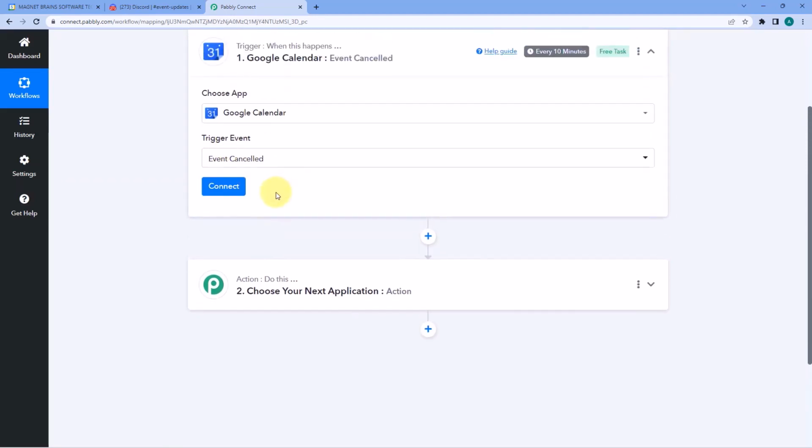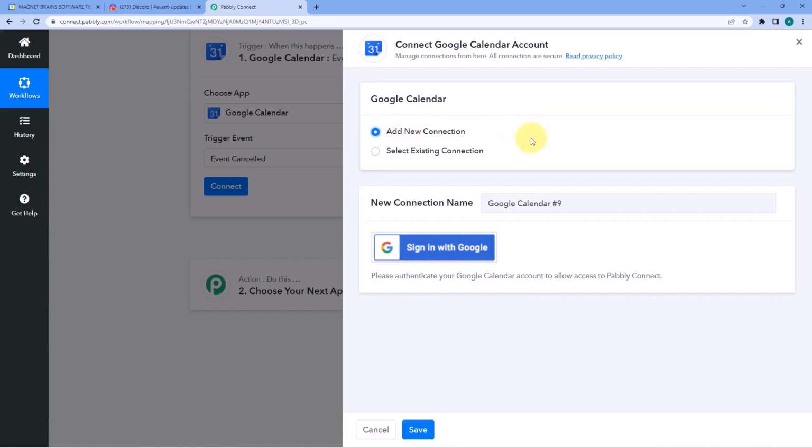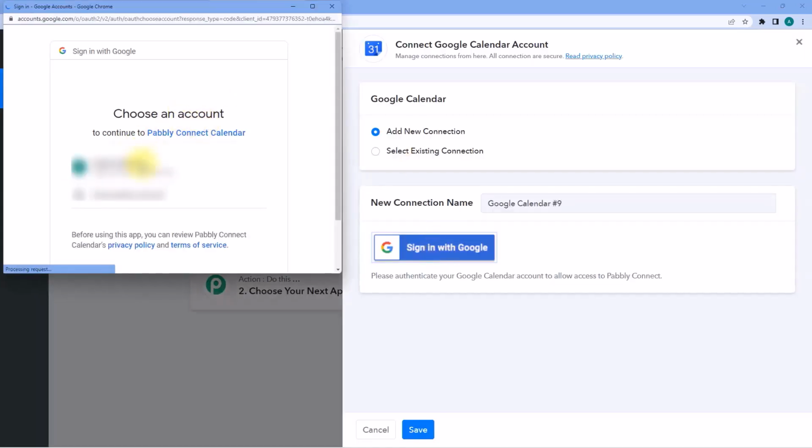So we have selected Trigger Event as Event Cancelled. Then just click on Connect and select Add New Connection. So here, guys, we have to connect our Google Calendar account with Pabbly Connect. And to make this connection, click on this Sign In with Google button, and then here you can see a